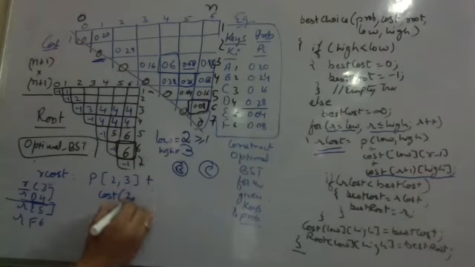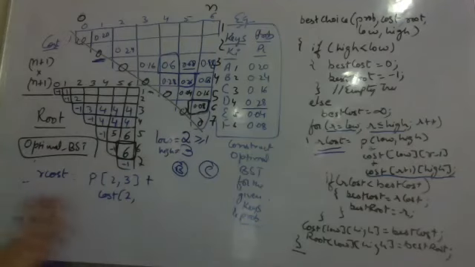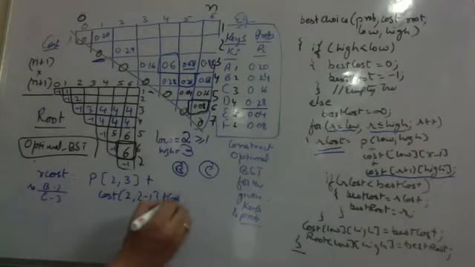So this is low, comma, root. I am taking the root again out of the possible roots here. The root is either B or C, 2 or 3. Out of 2 or 3, what we know is B is the root, so I am taking the root to be 2: minus 1 here, plus cost of 2 plus 1, root plus 1, comma, high, which is 3.